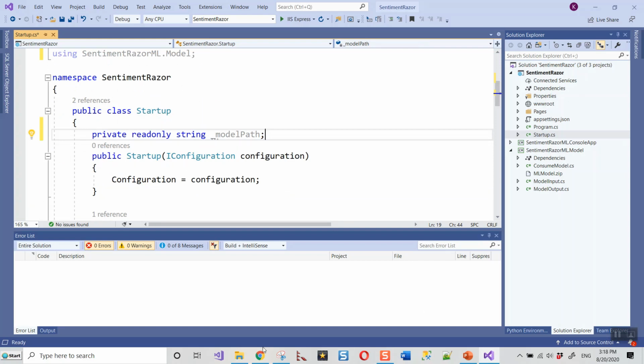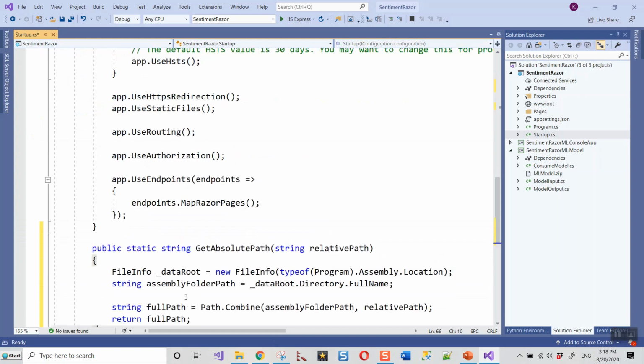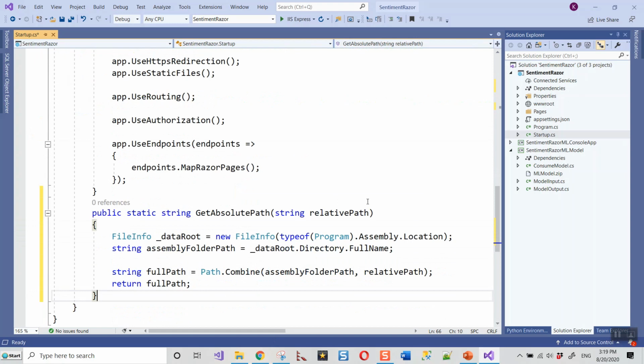So I've got a method copied on my clipboard, which I will paste after the configure method, and that is to get the absolute path. By feeding the relative path, you can get the absolute path of the model file. Okay, it is a file info object and give it a name, data root, new file info method, and it